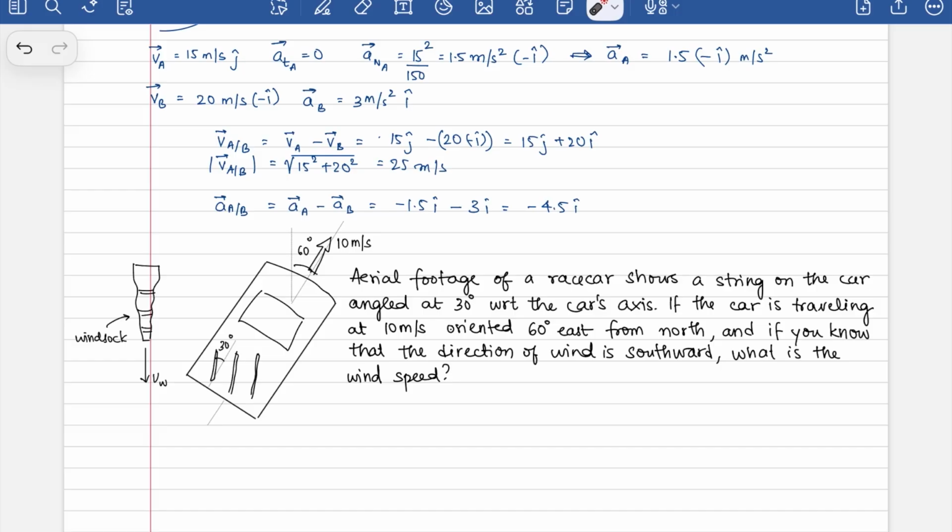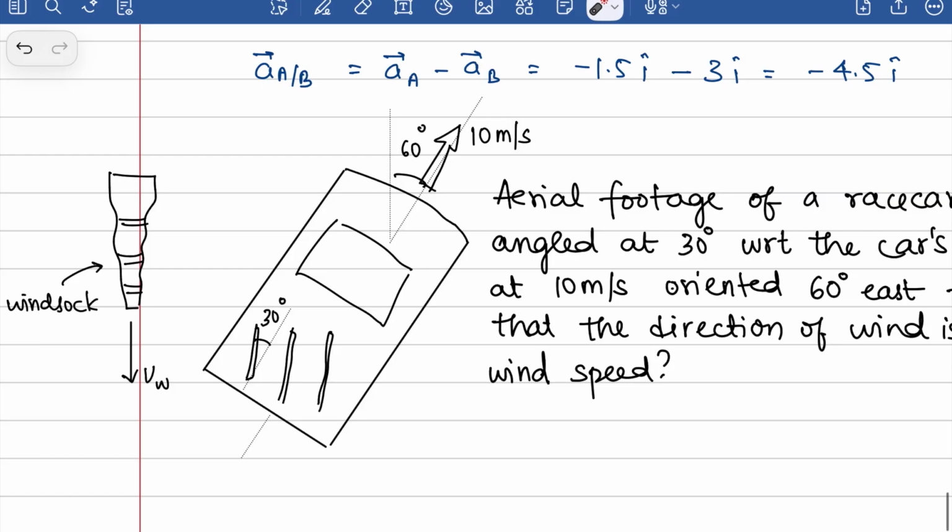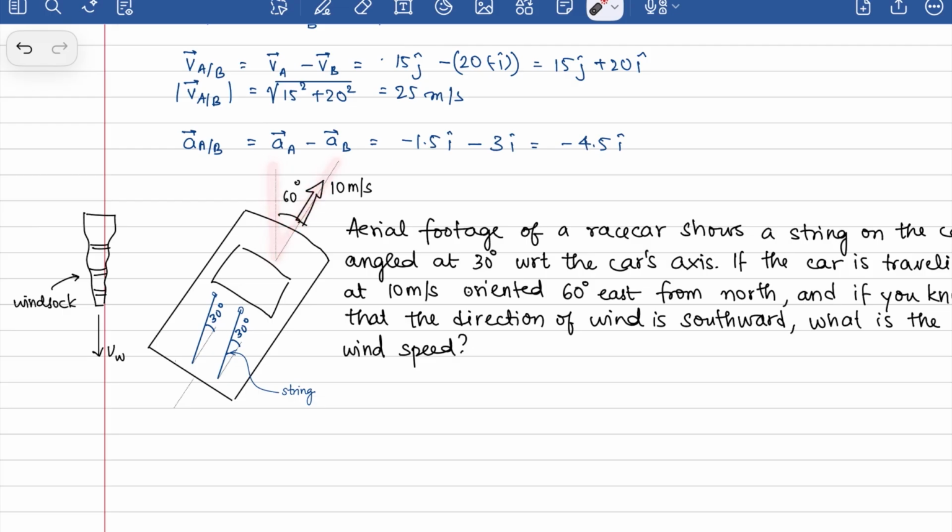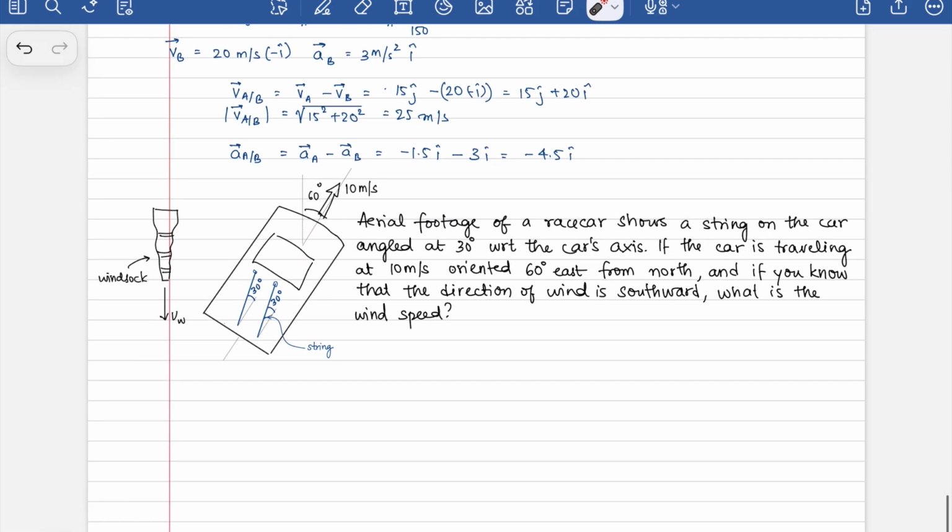So, well, I guess this might make it look like this is vertical, so I'll redraw that. The car is oriented 60 degrees from the north axis, and this here is what the strings that are attached to the car look like. They are oriented 30 degrees away from the axis of the car. Now, it shows that the strings are angled 30 degrees and the car is traveling at 10 meters per second,